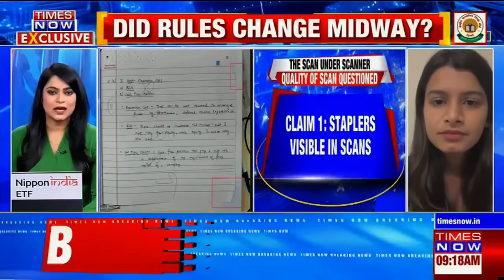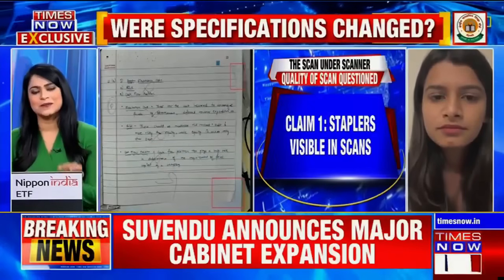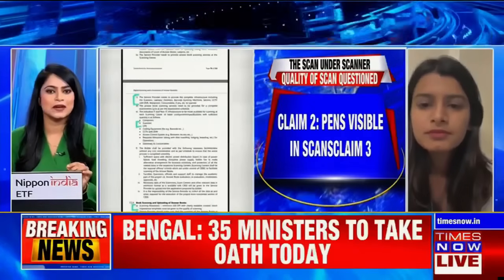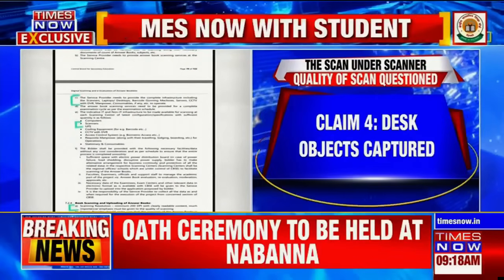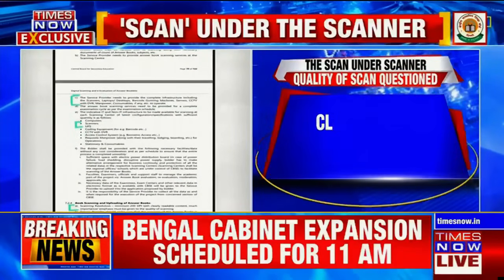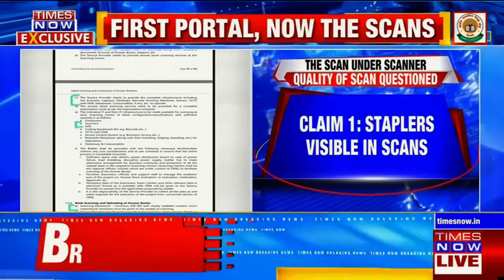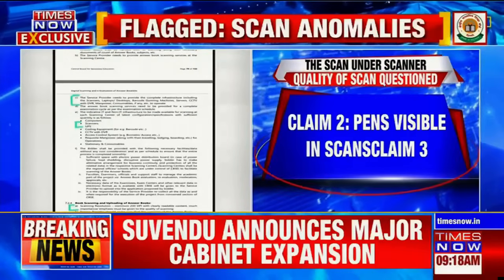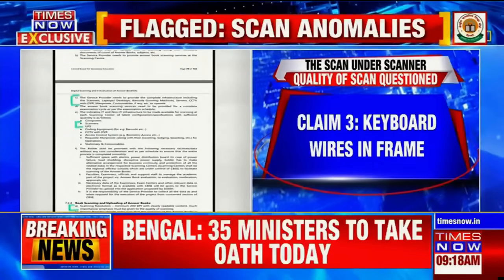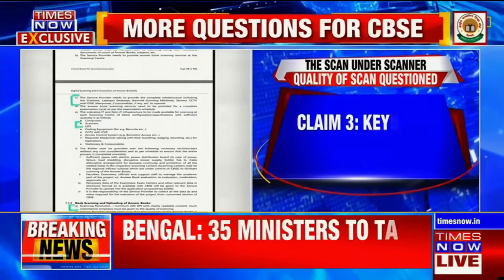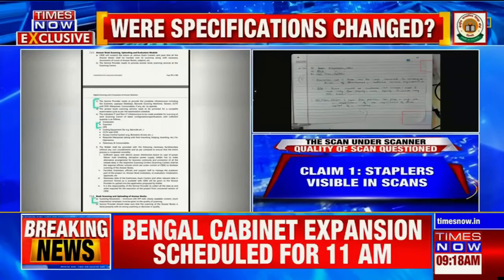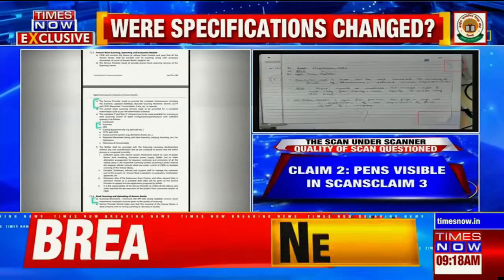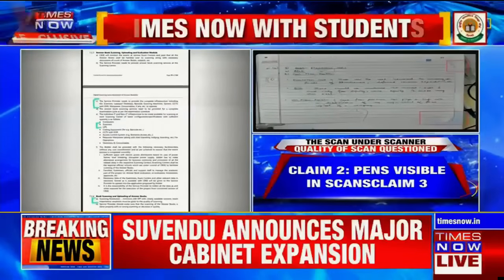In fact, Times Now has also examined CBSE tender documents. An earlier version of the proposal specified a minimum scan resolution of 300 dpi and referred to the use of automatic or robotic book scanners. A later version then reduced the minimum resolution requirements to 200 and then dropped the specific reference to automatic or robotic scanners. Times Now has also accessed communications that show that service provider Coemt had sought flexibility to use manual or indigenously developed scanning systems, arguing that robotic scanners were costly and that its existing infrastructure was already processing large volumes of answer books.